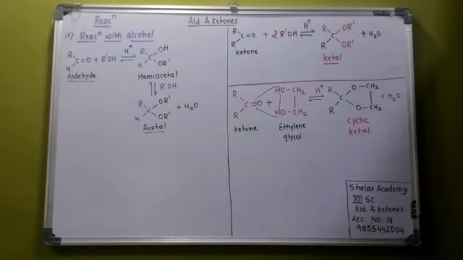Now the same reaction, the ketone reaction, I have written with a dihydric alcohol. Dihydric, it contains two OH groups, so it is a dihydric alcohol. For example, ethylene glycol is an example of a dihydric alcohol. So when it reacts with a ketone, again the reaction is a reversible reaction. In the presence of H plus, there is a removal of water molecule and it is converted to a cyclic ketal.